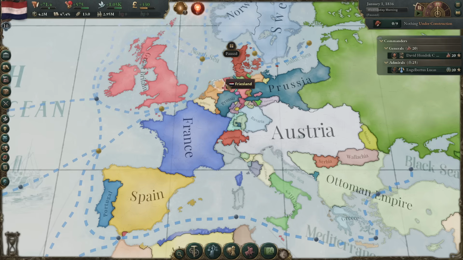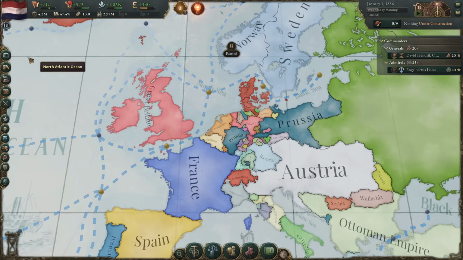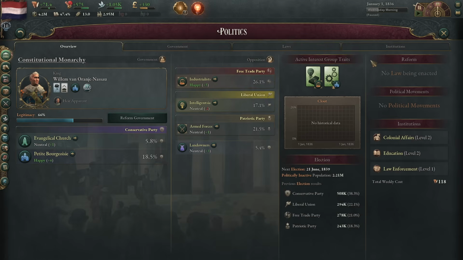So my goal of this game is to industrialize, become a colonial power, and become an egalitarian society, so that everyone is accepted. Multiculturalism, freedom of religion. Everyone has healthcare, schooling, and that kind of things. Because at the start of the game, we are a constitutional monarchy, we have a king,